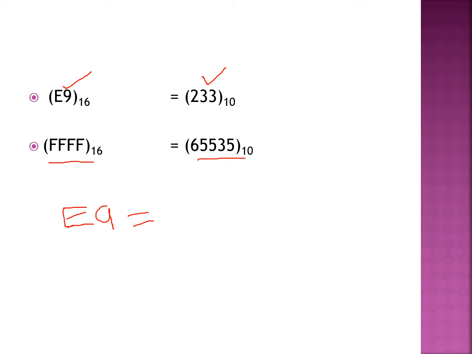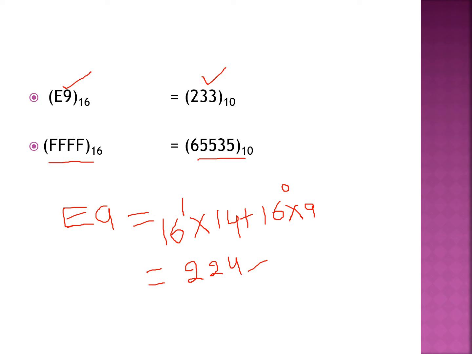What is E? You know that E is 14, and this 9 is the same. So what do I do? I will multiply by its weight. So 16 raised to power 0. So I have to multiply it by its weight. Similarly, E is 14, so I put the value E equal to 14 and multiply its weight. Then it is 16 raised to power 1. So if you multiply 16 by 14, you will get 224